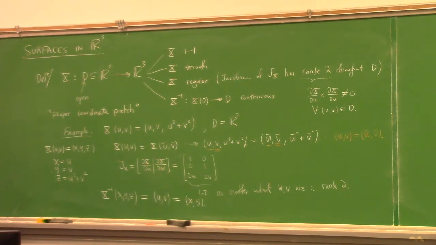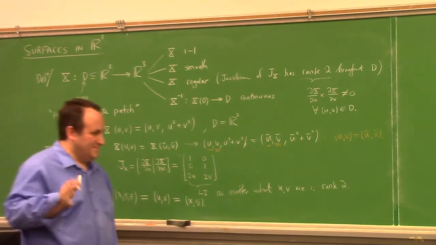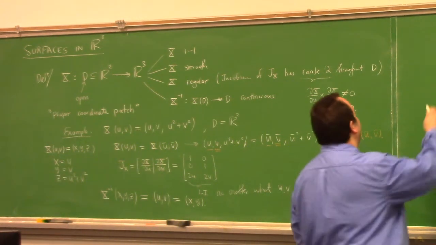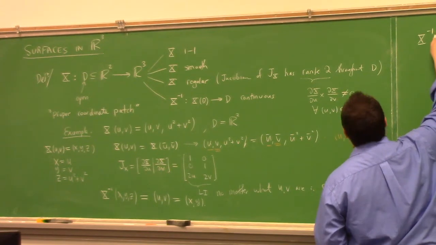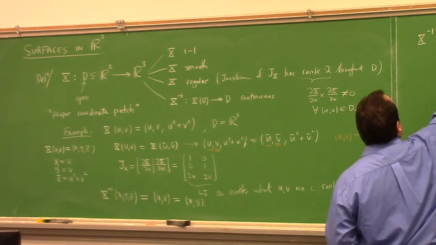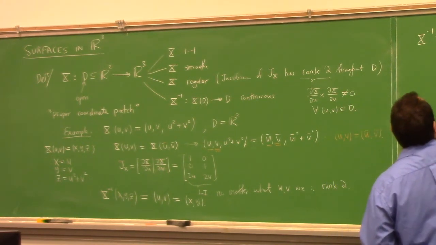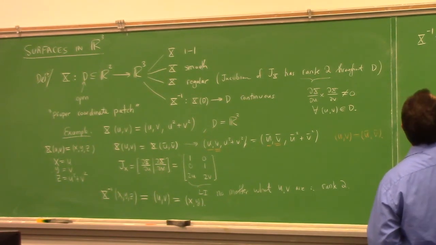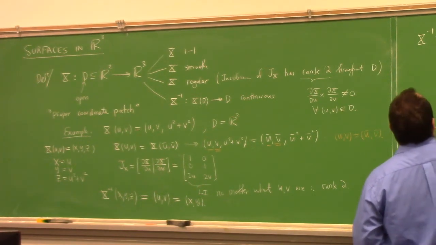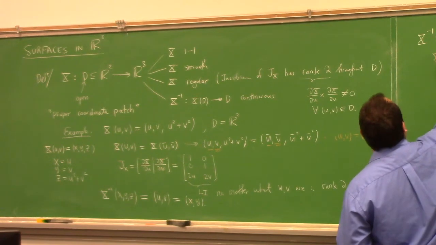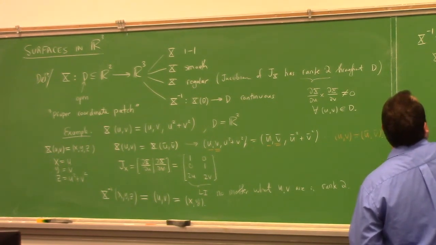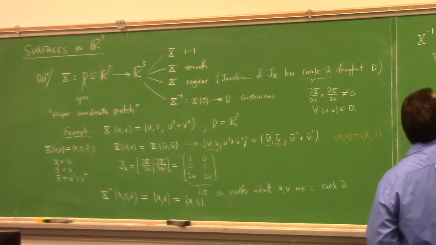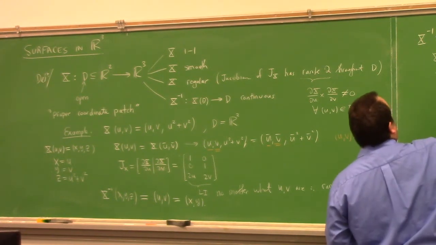Now, this is for x, y, z, but the thing that makes this a little bit tricky: notice that x inverse is a mapping from where? X of d to d again, right? So we have x inverse of x, y, z equal to x, y, for all x, y, z